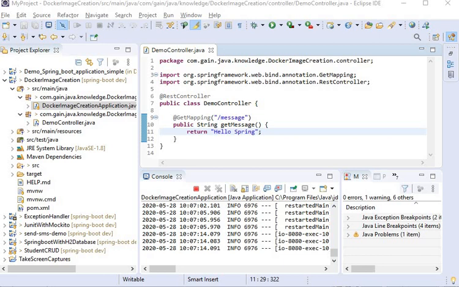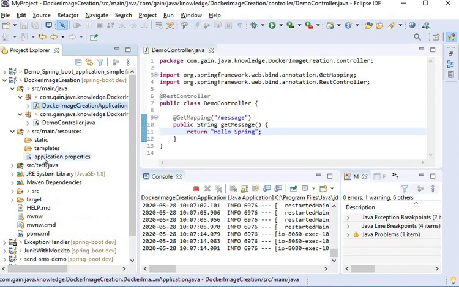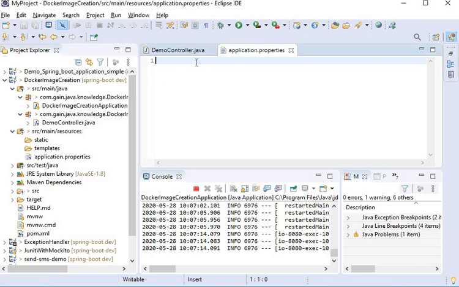Spring Boot 2.3.0 has this new functionality that will take your existing application and build it. So now we will build a Docker image that can be run anywhere using the CNCF Cloud Native Buildpacks project. To do that, I will go to my application.properties, and inside it I will add one secret key, that is spring.devtools.remote.secret.